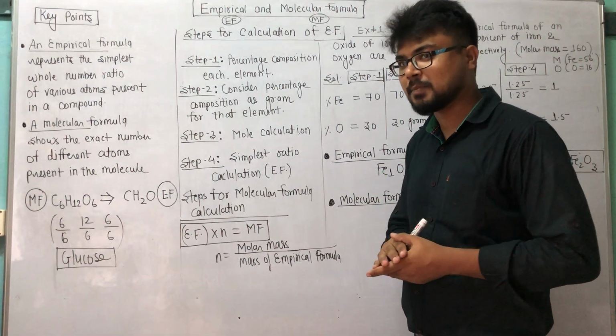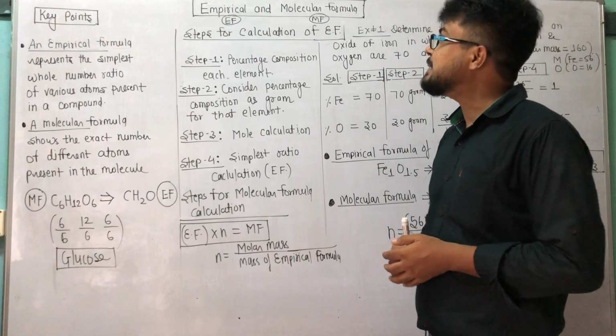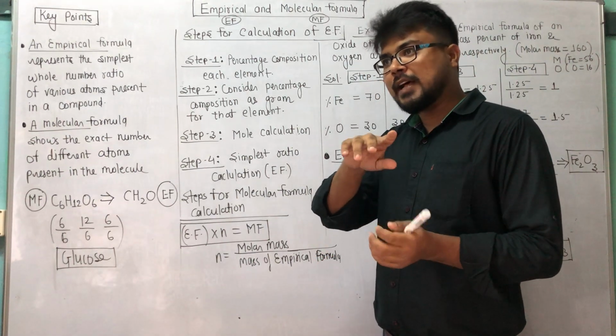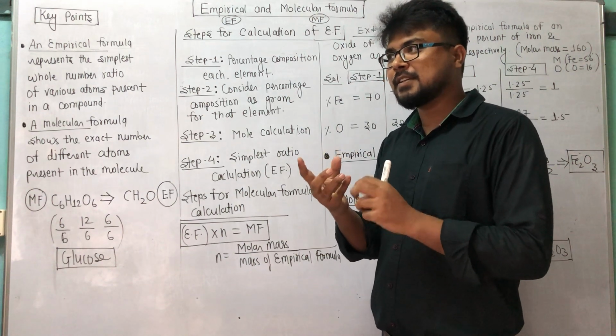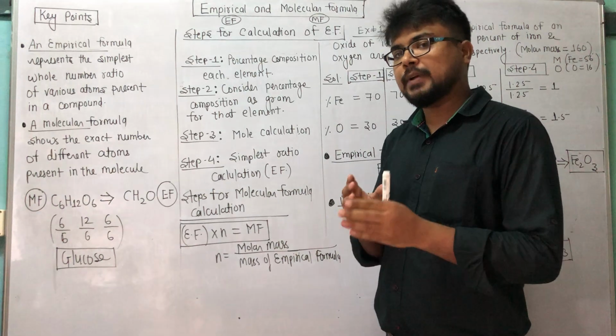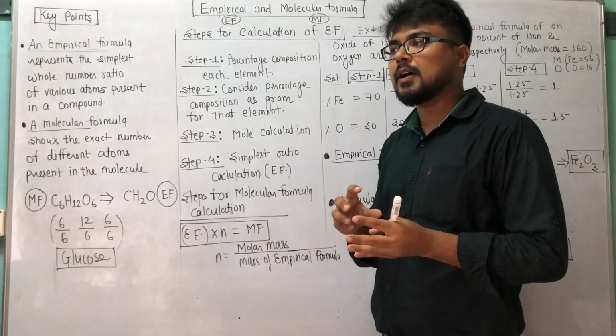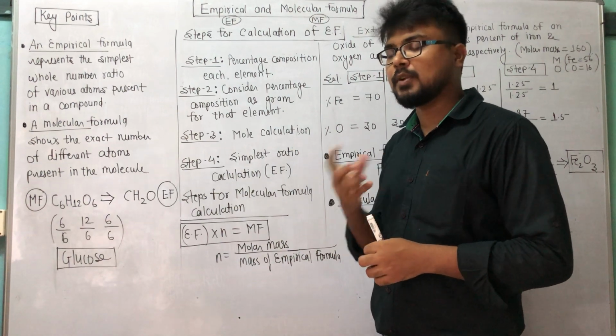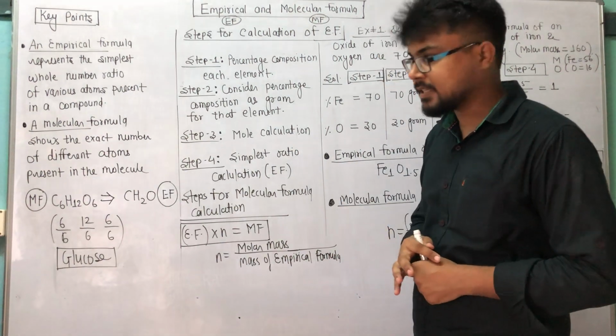So today we will discuss one more very important concept of class 11th. The chapter is Some Basic Concepts of Chemistry and the topic is empirical formula and molecular formula. Molecular formula we already discussed with the help of adding the values of atomic masses. We derived the molecular mass or molecular formula of that compound, correct?